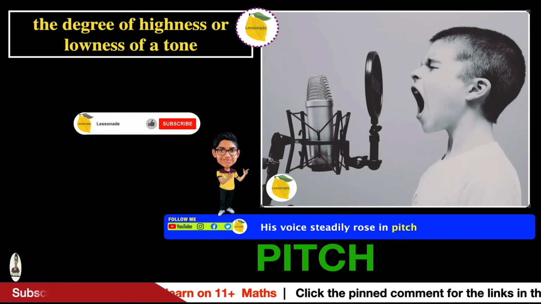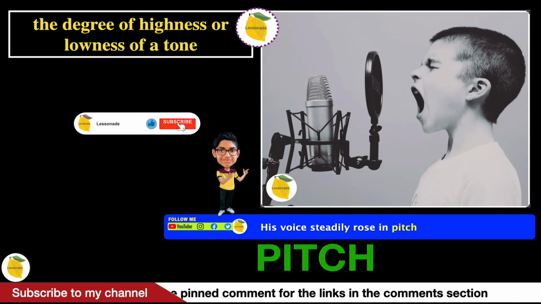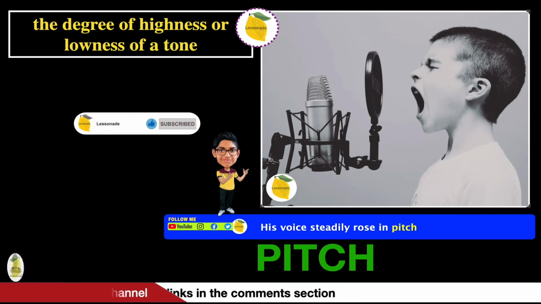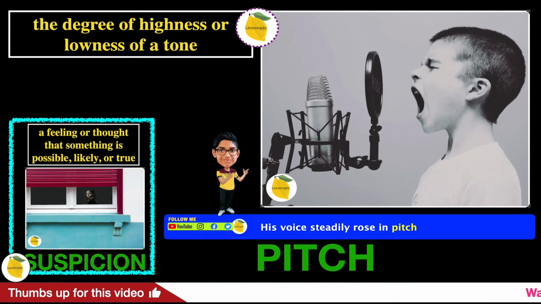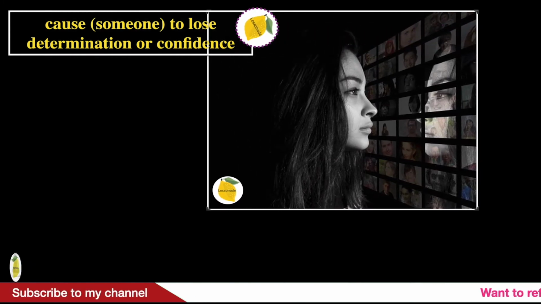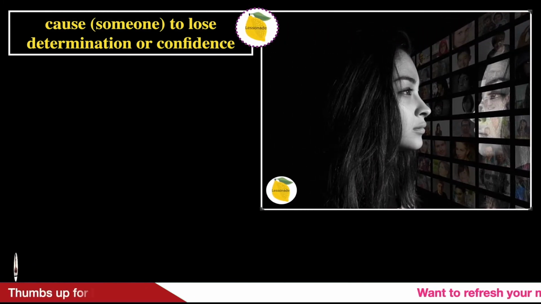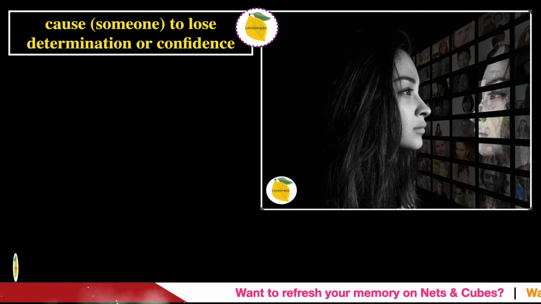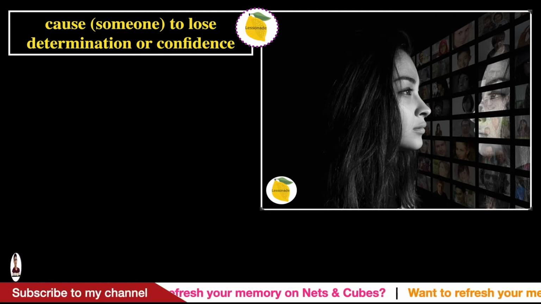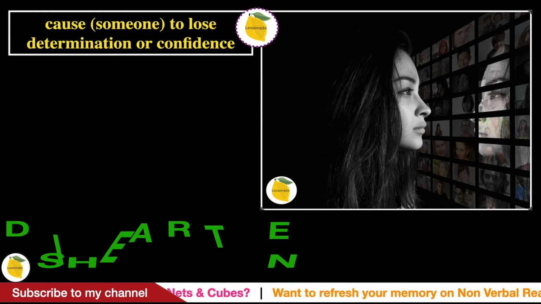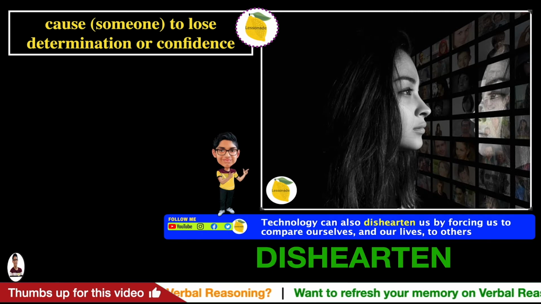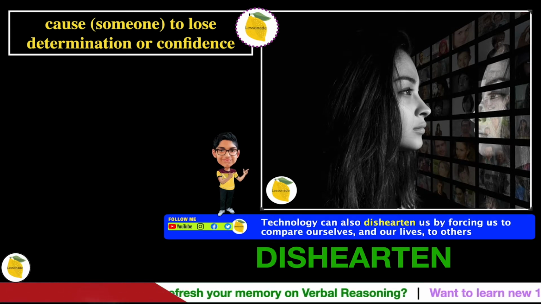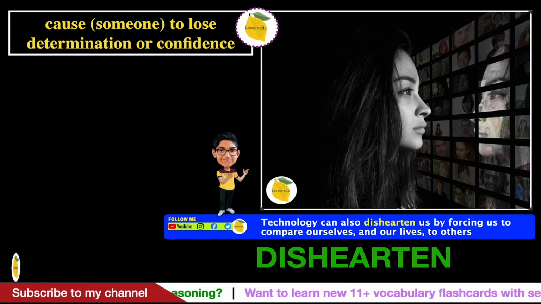So before we go on to the next one, let's try to recall the previous slide. The word we learned in the previous slide is suspicion. Let's go on to the next one. The next one is cause someone to lose determination or confidence. In this picture, we can see someone who has lost determination or confidence, and therefore the word will be dishearten. And the sentence for this word is, technology can also dishearten us by forcing us to compare ourselves and